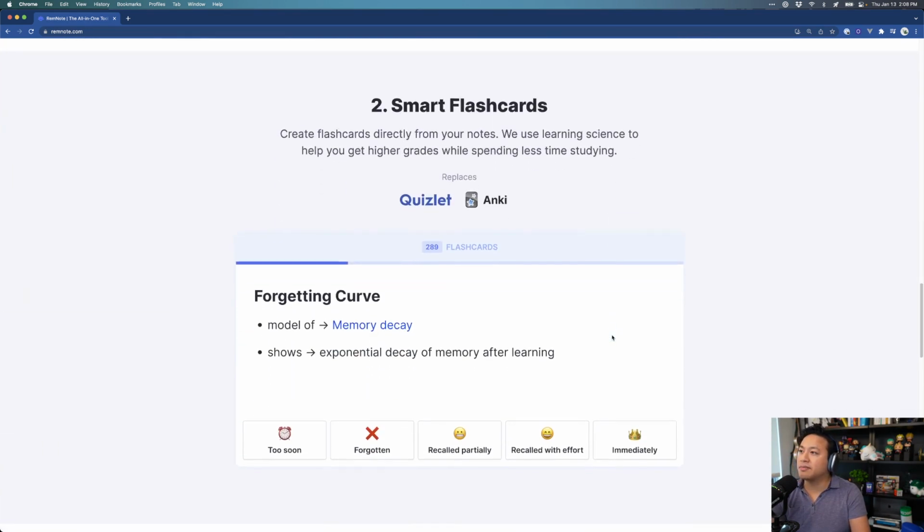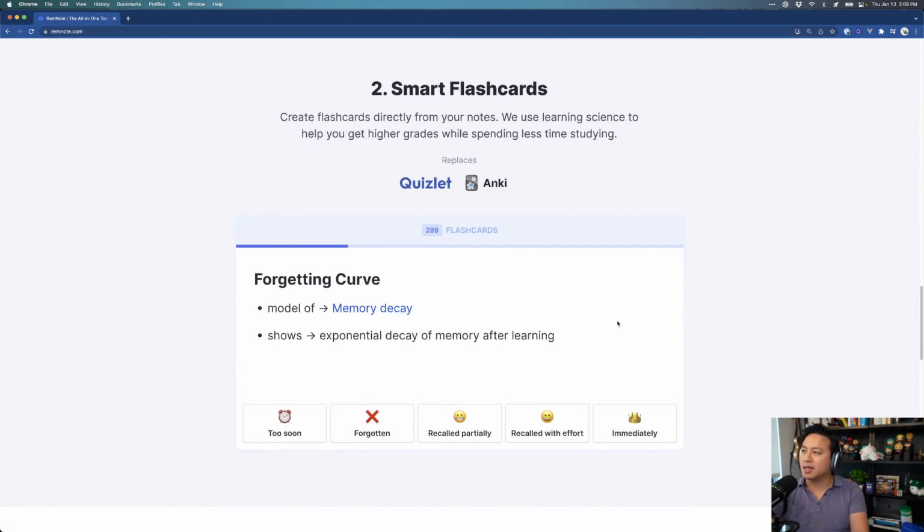Okay, here's the big thing here. I'm surprised this is not first, to be honest, is that it can do smart flashcards. And so creating flashcards directly from your notes. This is fascinating because what we're seeing here is that they're saying that there's learning science getting higher grades while spending less time studying. So once again, you hear that the vernacular and the verbiage going on here is really